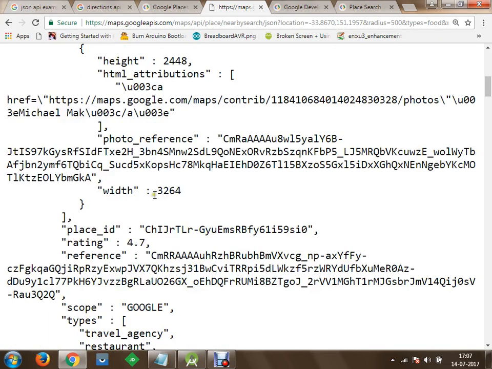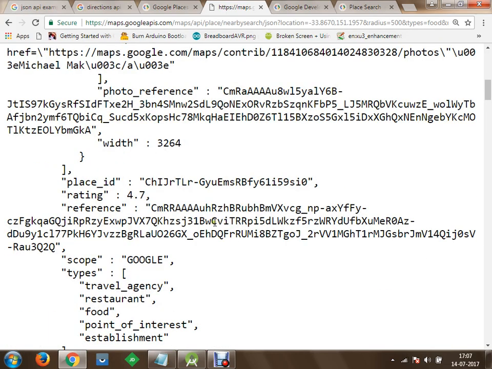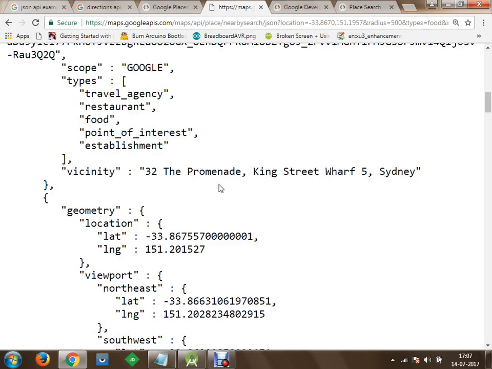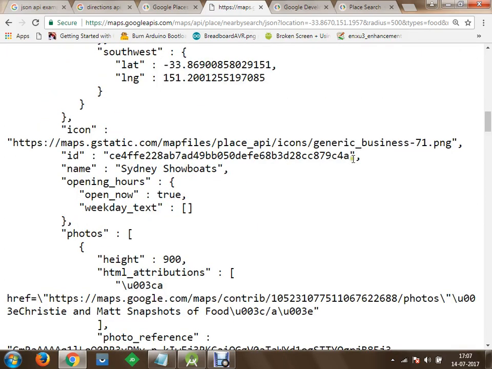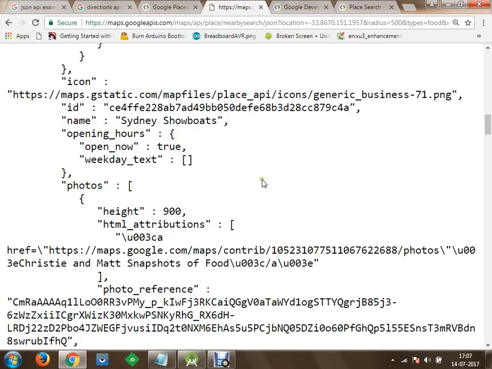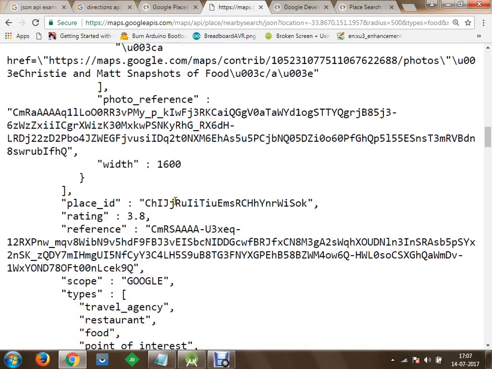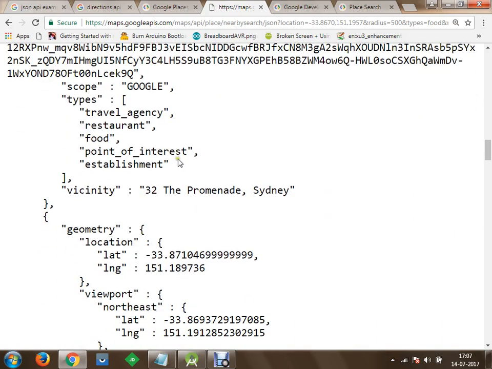This will be the photo reference. I would like to only receive that PNG and JPG information. So these will be individual different places which are available nearby the latitude and longitude which I have provided.